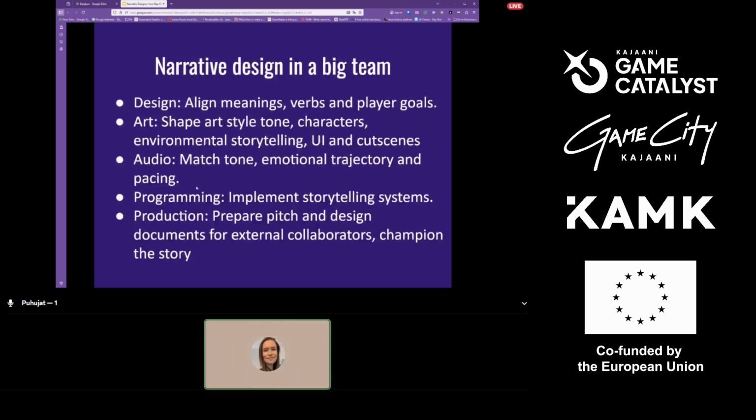Then, of course, with audio, narrative design matches the tone, the emotional trajectory and the pacing of the game. With programming, it's about implementing the systems that narrative design needs. For example, will there be a need for subtitles in the game? Will there be voiceover that needs to take place? And stuff like that. And with production, it's about preparing pitch documents and design documents for external collaborators. For example, if art is being outsourced, then there needs to be some narrative thought behind it telling why the game looks like this. It might be about marketing documents. And overall, in production, it's about championing the story, reminding everyone, hey, remember that narrative point of view that